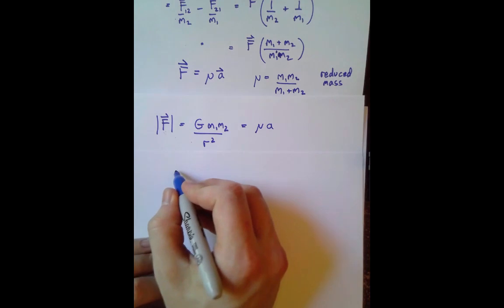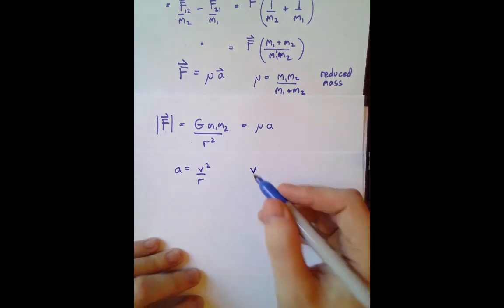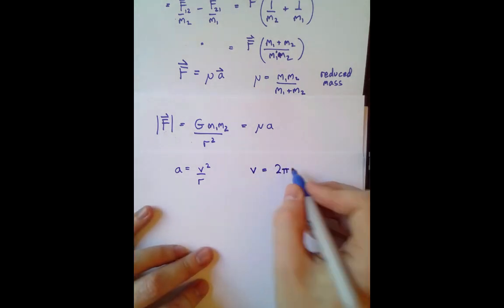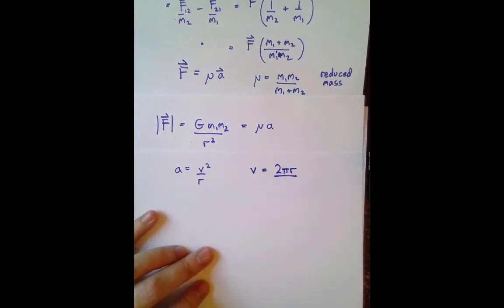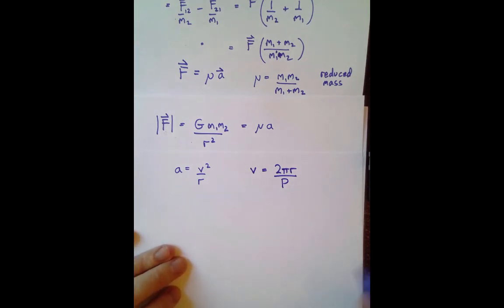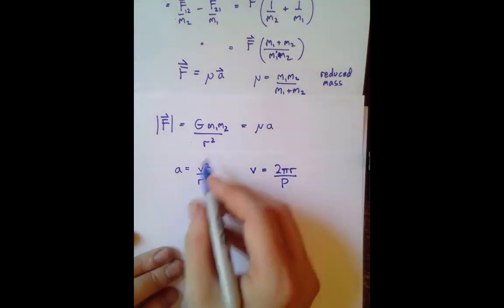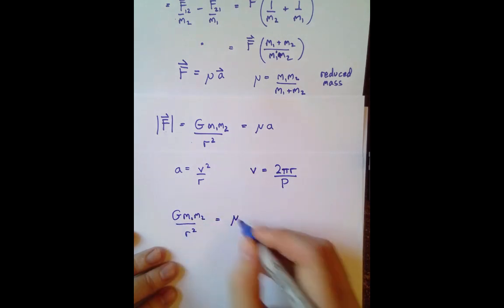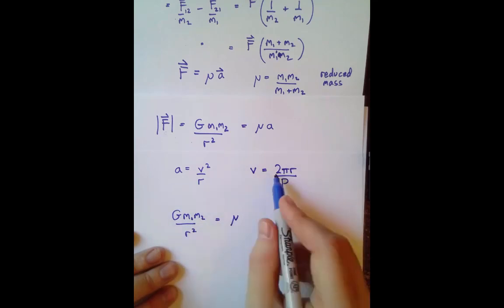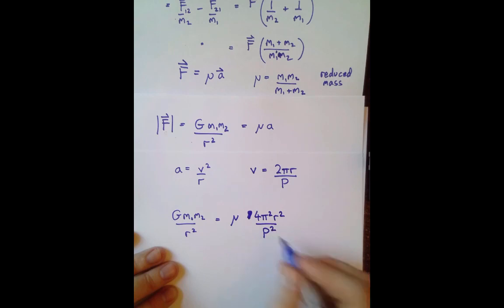Now, the acceleration is equal to v squared over r, and the speed of the orbit is just equal to the distance the object travels in its orbit, which is the circumference of the orbit, again assuming a circular orbit for simplicity, divided by how long it takes to go once around the orbit, which is the period of the orbit. So plugging these two equations into the first one, we get G M1 M2 over r squared is equal to mu times a, where v squared is 4 pi squared r squared divided by P squared,